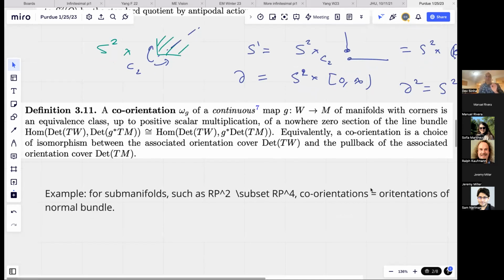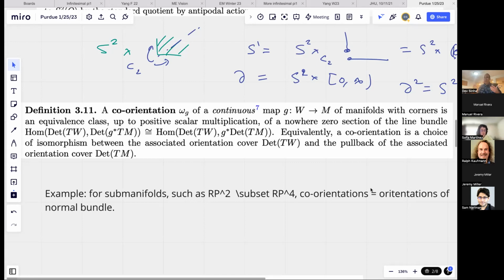So this means that, for example, RP2 inside of RP4 is co-oriented. Neither of them is oriented. The intuition is, when are you not oriented? Well, if there's an element of your fundamental group where, when you travel around a loop, the orientation reverses. If you've got a submanifold and over every loop where the orientation reverses in the submanifold, it also reverses in the ambient manifold, then that data is going to be co-oriented.